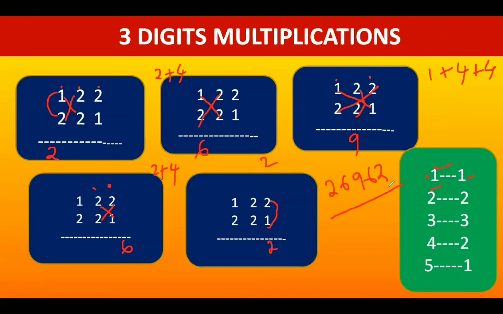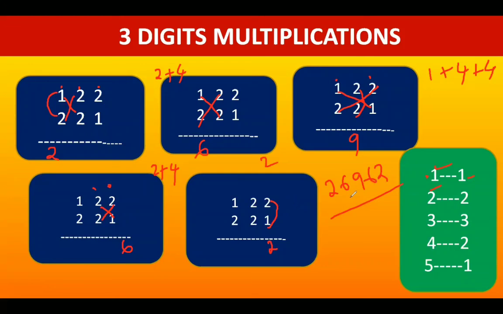Once again, I'll explain the steps. First step, just multiply the first column. Second step, first 2 columns. Third step, all 3 columns. 1 column, 2 columns, 3 columns. After completion of 3 columns, then last 2 columns, last column. That's it. This is the answer.